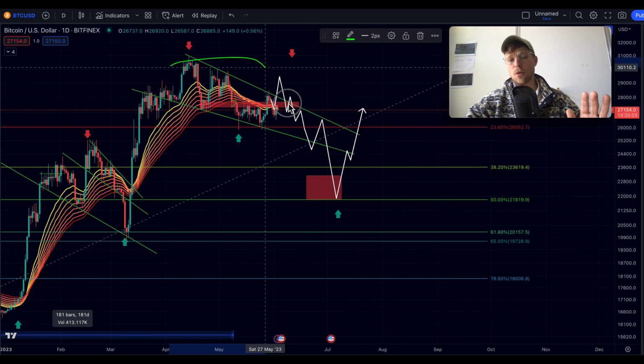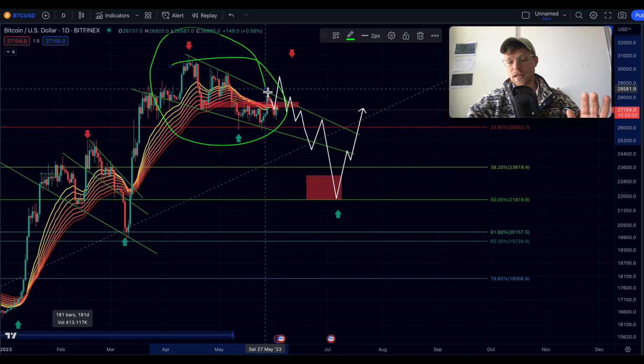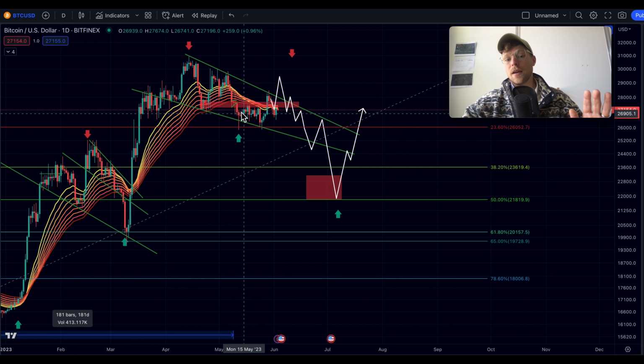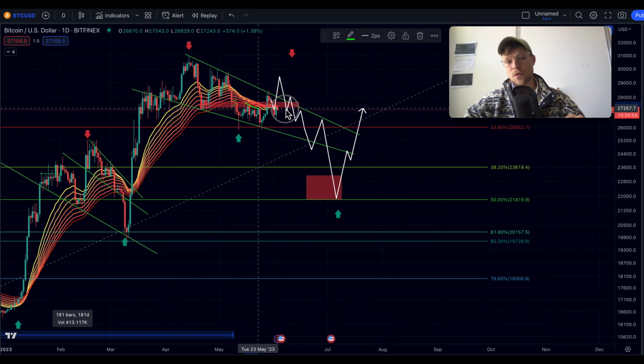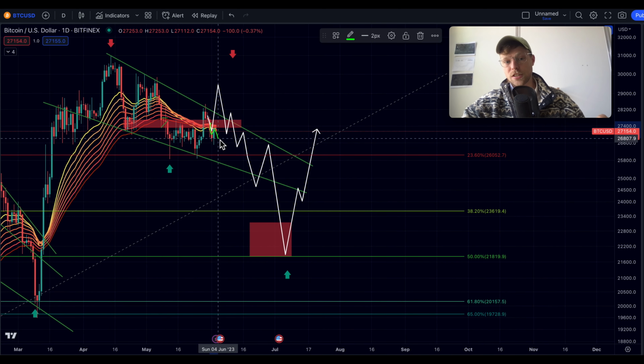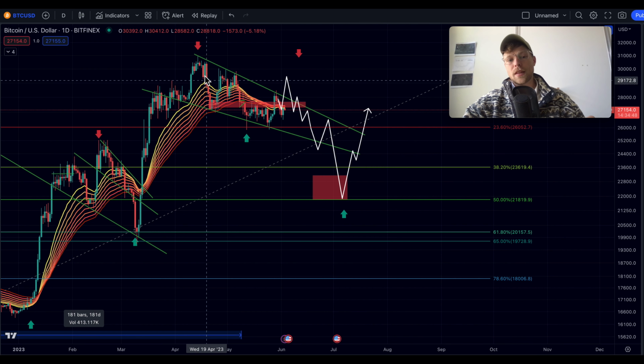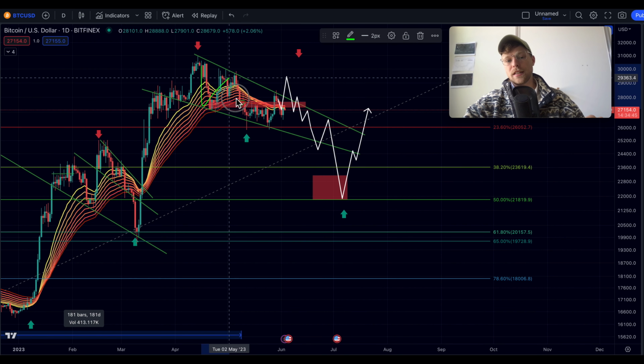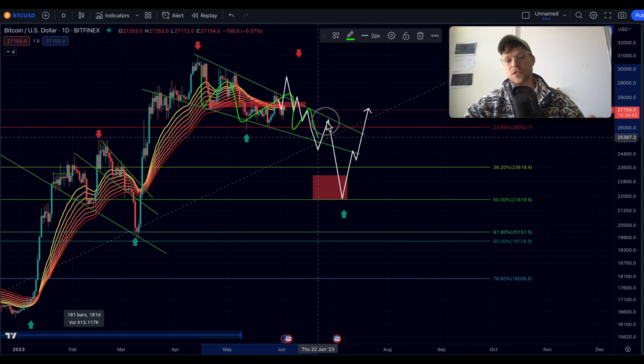We do see that the momentum of Bitcoin is slowing down. We already lost massive key levels on the daily and 4-hour time frame, the EMA ribbon right here, which we so far actually backtested as resistance, right? So if we then could see this falling wedge playing out over the next coming weeks ahead,